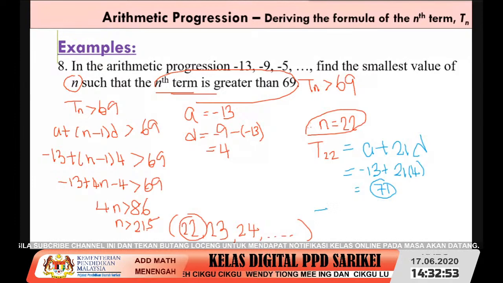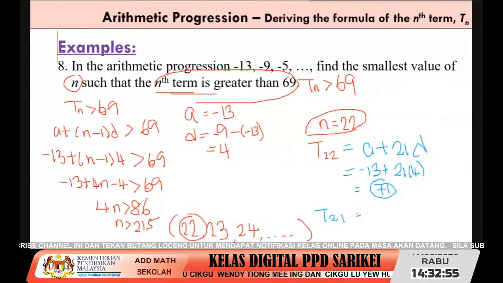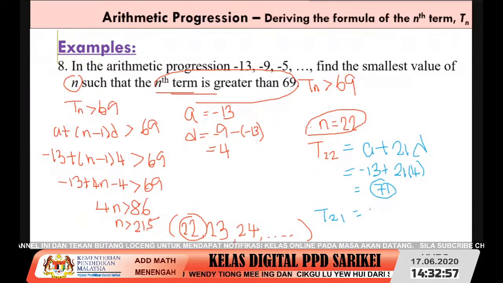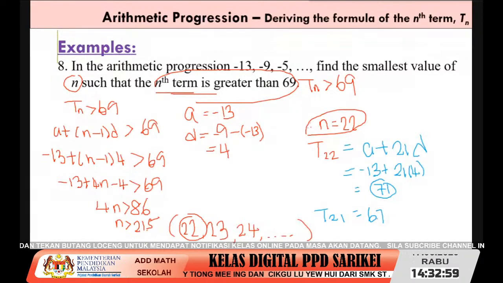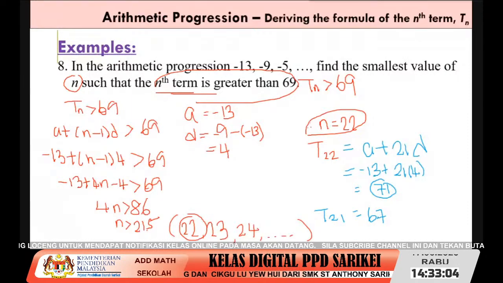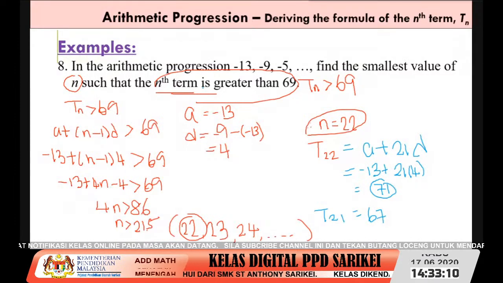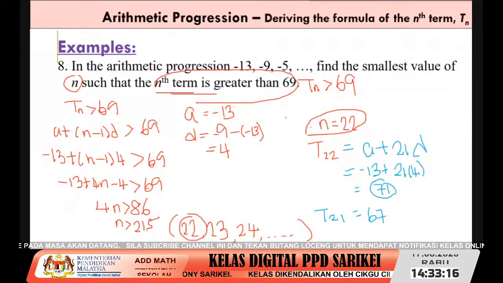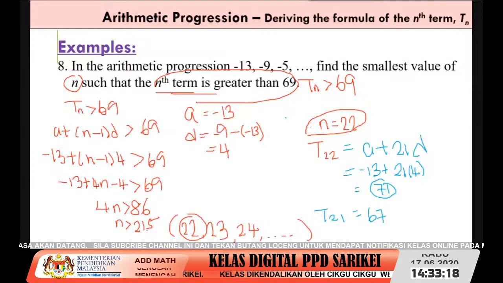So how about our T21? Okay, the common difference is 4, so minus 4, so it will be 67. So it is impossible for the 21st term. If the 21st term is 67, 67 is not greater than 69. It's still less than 69. After 67, 71. Okay, so I finished this subtopic, and we will go to the last topic, the sum of